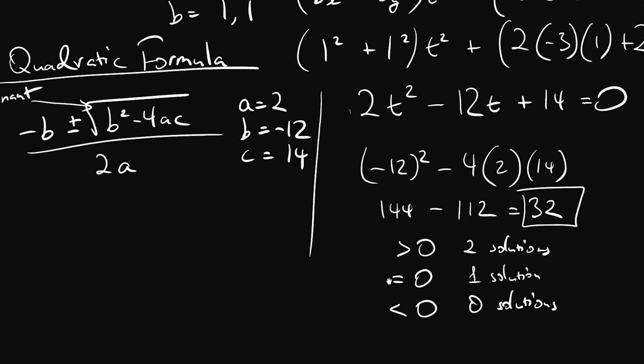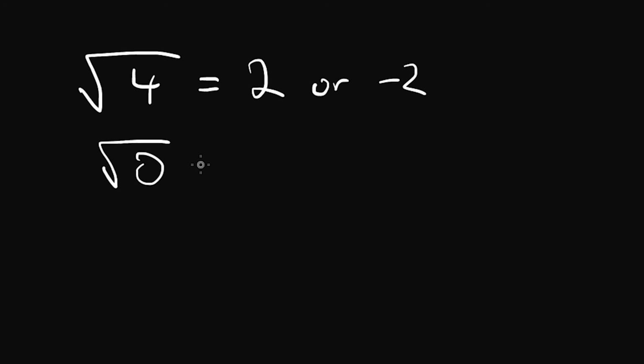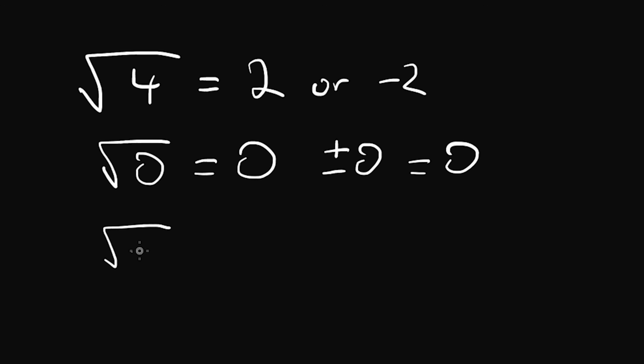And remember, the reason that it works that way is because if we have a positive value inside the square root, then we know that it will be plus minus because there are 2 solutions to that square root, as we talked about earlier. If we have the square root of 0, however, then the square root of 0 is just 0. That's 1 solution. Plus minus 0, it's just 0. And finally, if we have a negative value inside the square root, like the square root of negative 1, then there are no real solutions to that. And that's why we don't have any solutions for that case. So it all comes down to the magic of the square root.